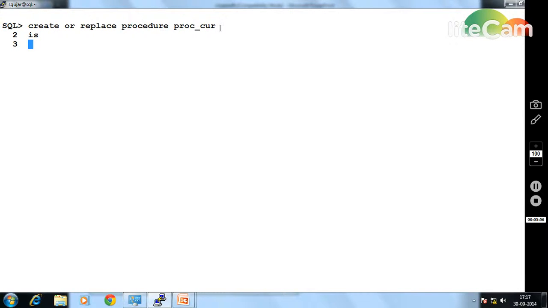So here first we declare our cursor. How do we declare our cursor? Cursor name. Suppose my cursor name is C1. Cursor name, then IS keyword. Then a select statement. Suppose select last_name, salary from employees,